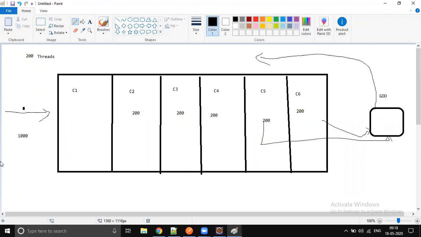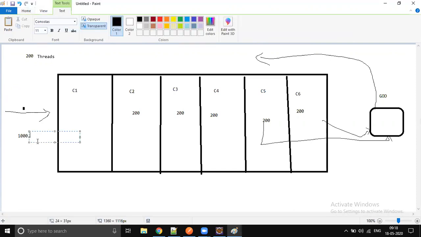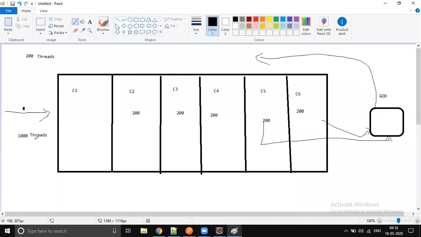Okay, now let's compare what I'm explaining with our application. Now you send 1,000 threads, but your server cannot accommodate all 1,000 threads in one go. What it will do is put them in a queue, like these compartments, 200, 200, 200 batches. Once the first batch of 200 threads completes request processing, it will pass the next batch. So it will send 200 requests to the controller method.